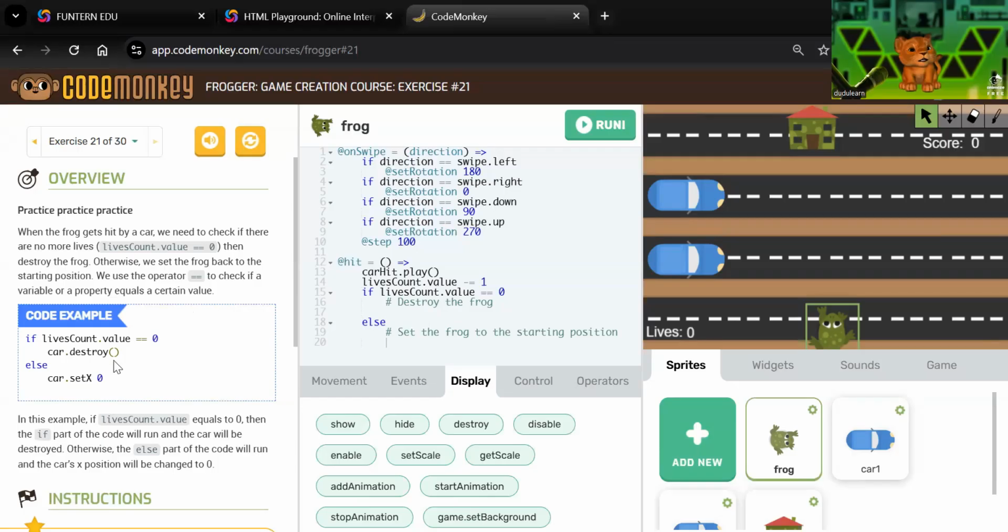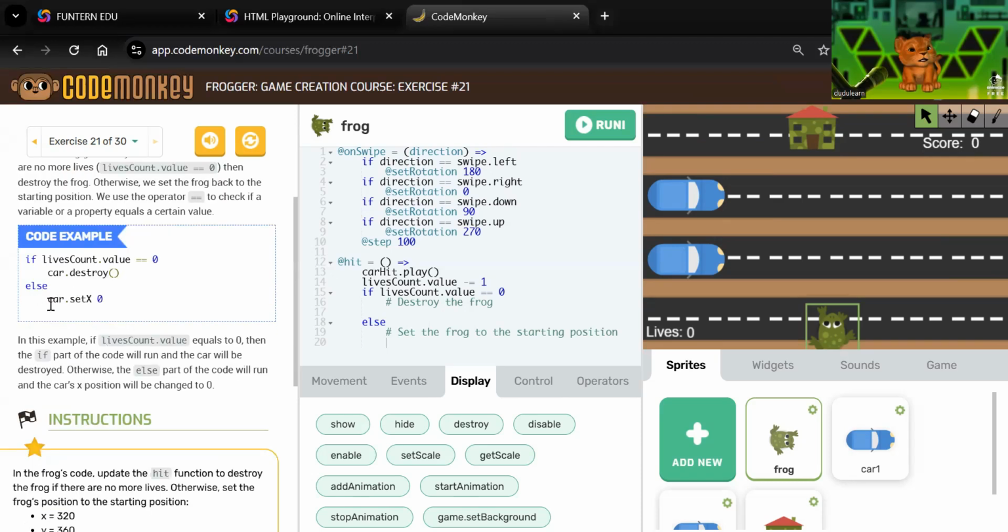Okay. Yeah. You can go and get it. Okay. William, you can mute the microphone if you are not called. And so else car dot set x 0. In this example, if lives count dot value equals to 0, then the if part of the code will run. 对吧？这里就是一个 if else 的一个 condition，对吧？